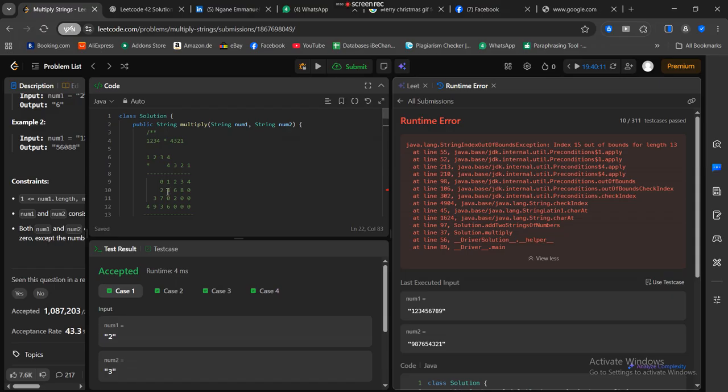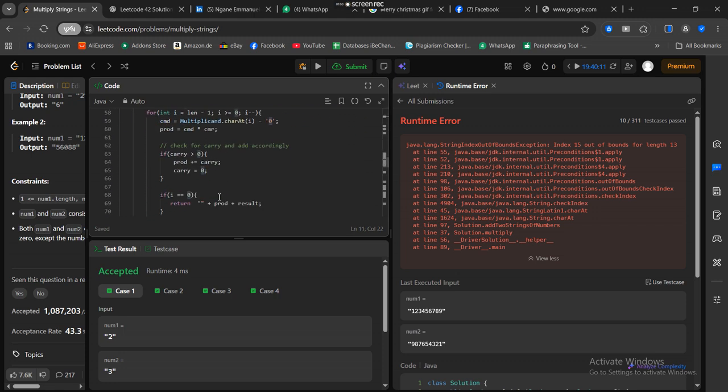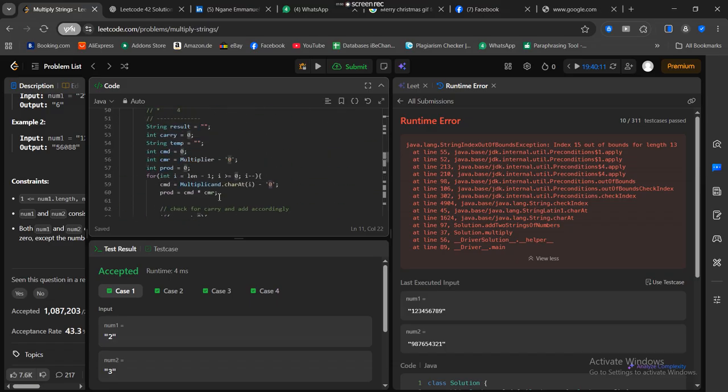The first time it runs, this will be the result, and the second time it runs, this will be the result. Because we're adding that 0, the base, which is always the result, we're going to be adding a 0 there. So it is very, very safe to assume, after adding that 0,